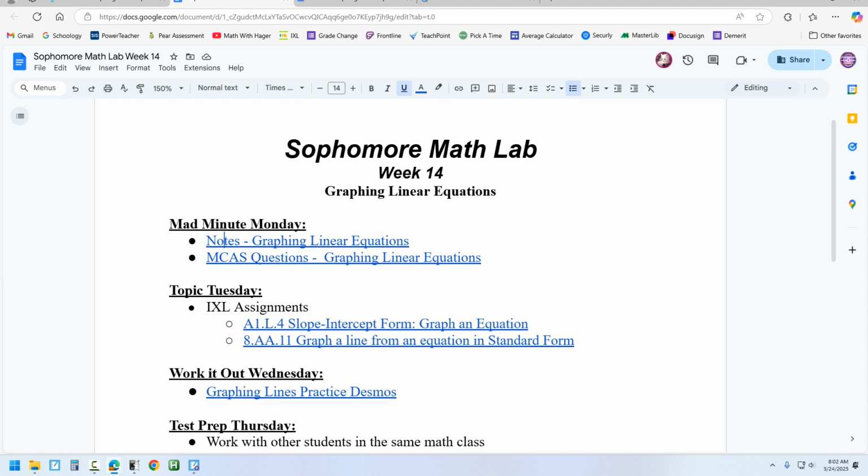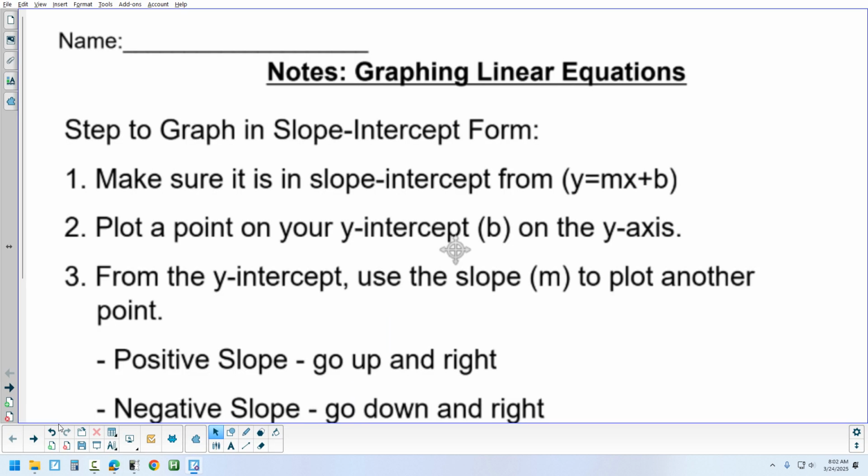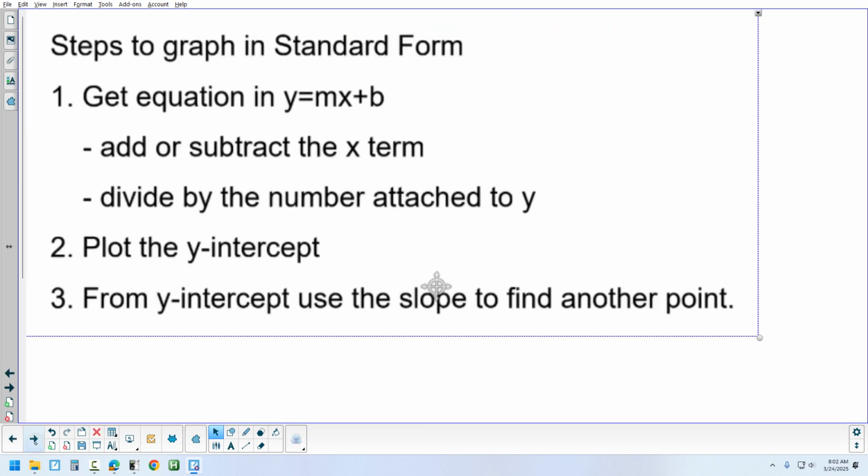All right. So graphing lines. How many people have done y equals mx plus b or something like that in their algebra class at some point this year, probably last year too? Okay. All right. So when you're graphing a line, first of all, they're going to give you some kind of